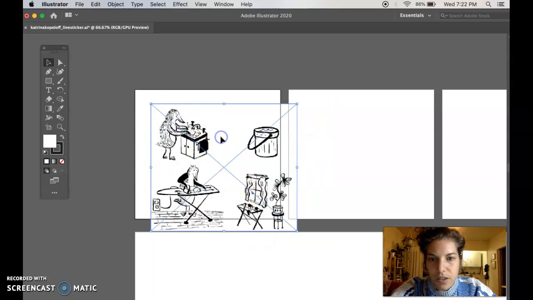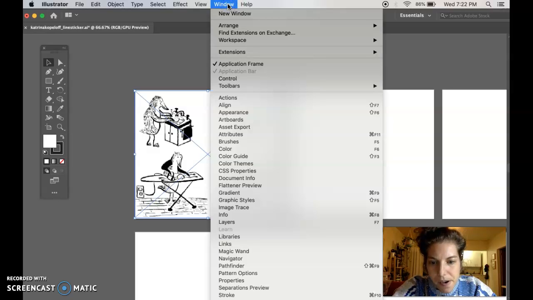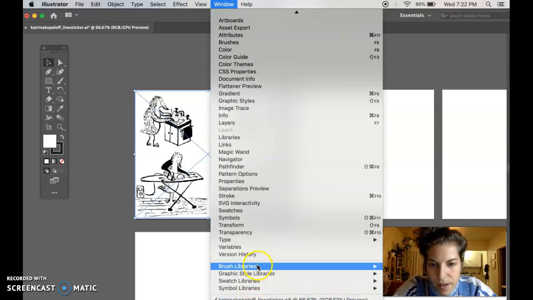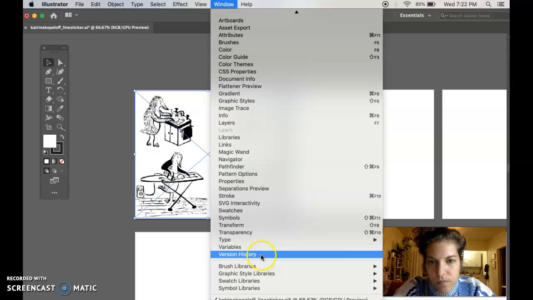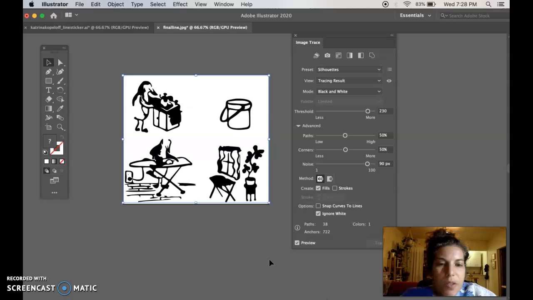Now I need to live trace this. So I'm using the Move tool and I can select it. So I'm going to go to Window and let's go to Image Trace. So Image Trace has a lot of things you can do. I want you to click on Advanced and click on Preview so it shows you what it's going to look